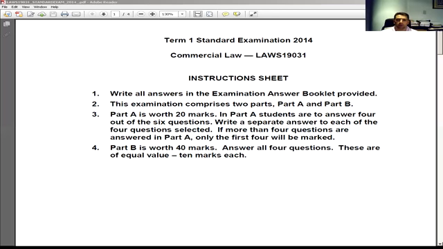All right, so what we're going to look at tonight is an initial examination of what is on your examination. So you'll see here the instruction sheet in front of you now. There are two parts to the exam. In the past, there have been two parts to the past papers, but the first part, the part A, has been multiple choice